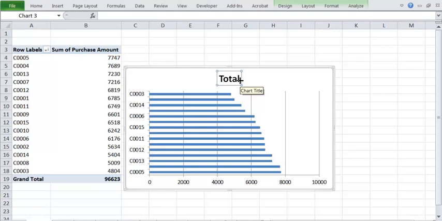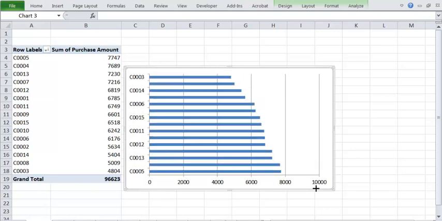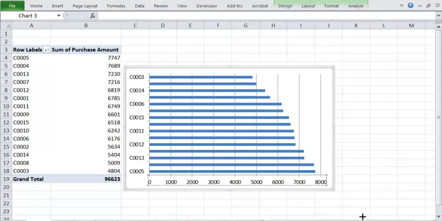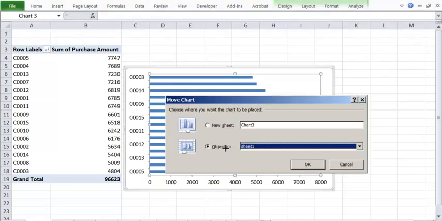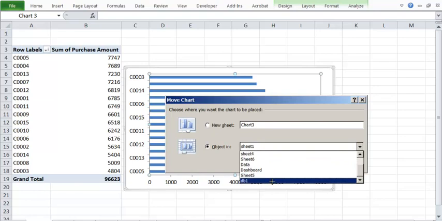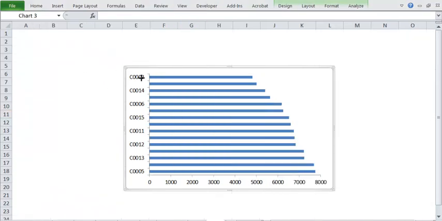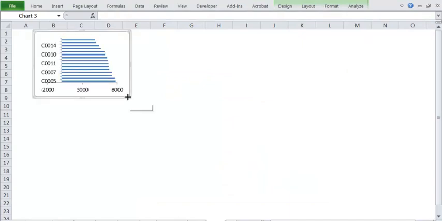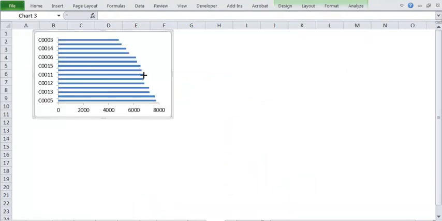So let's say suppose we have done all this in the graph. We can change it. Note that this is coming to 10,000. I can change this format axis and I can make it, let's say suppose 8,000. So this is now a fine looking chart. Even if you want, you can remove this also. So what you can do is you can move this chart and make it as an object, and we have created DB1, we move it. So this is now the new chart has come. So I will paste it over here. Note that you can do various design.